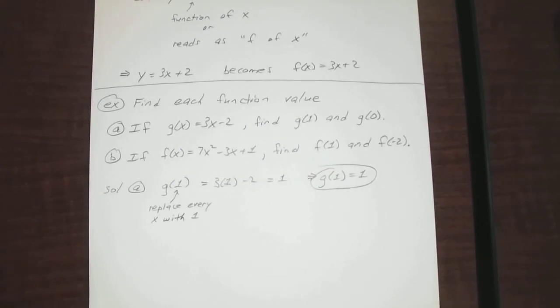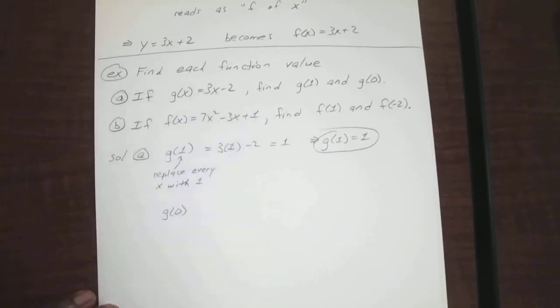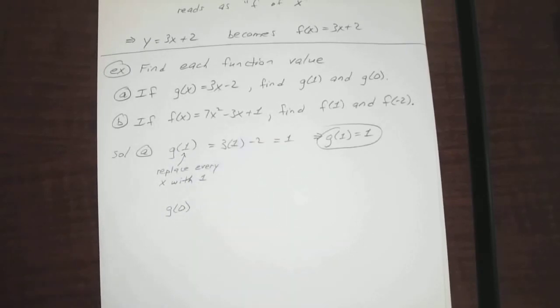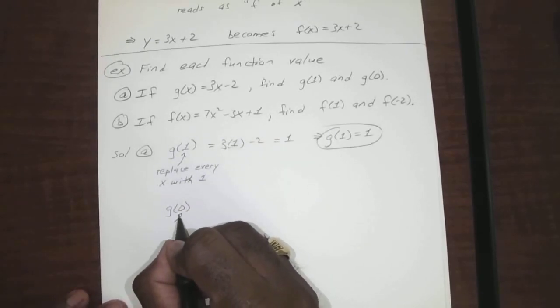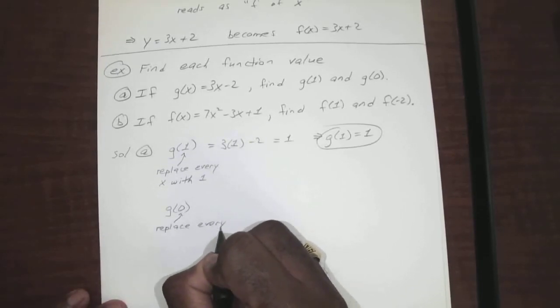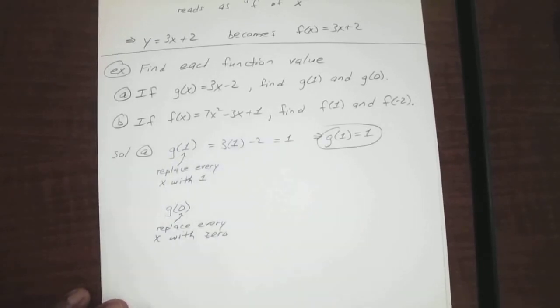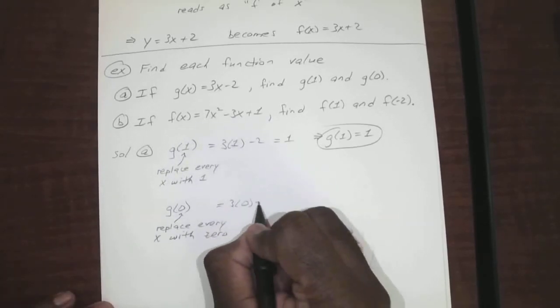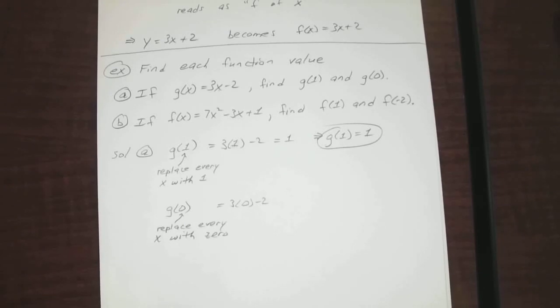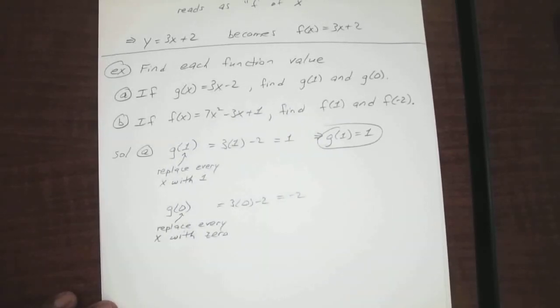Same thing with g of 0. You're just going to replace every x with 0, which is 3 times 0 minus 2, just 0 minus 2, which gives you negative 2. So we know